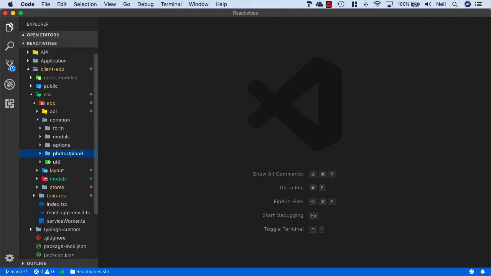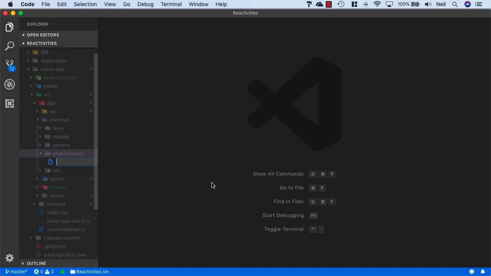Now we're only going to use this in one place for this particular course, and that's going to be inside our profile page. But we might want to reuse this somewhere else. So we'll stick it inside our app folder and pretend it's going to be used in a multitude of places, and we're going to have this general purpose photo upload widget. And what we'll do is create a new file and call it photo upload